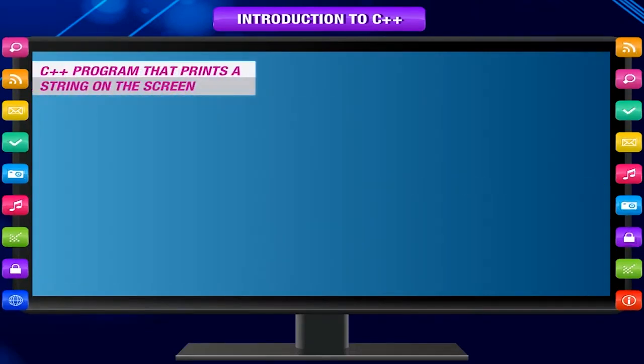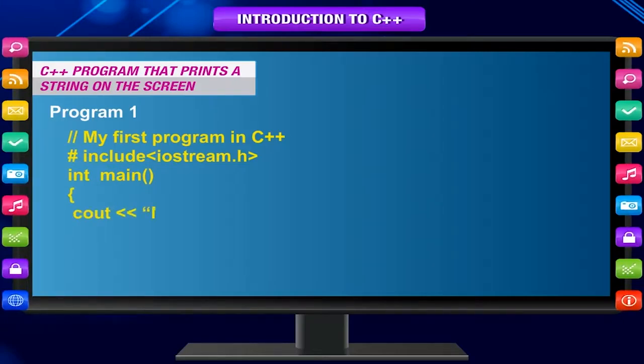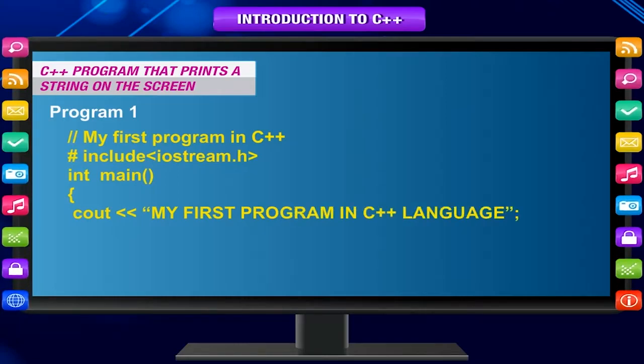C++ program that prints a string on the screen. Program 1. // My first program in C++. #include <iostream.h>. int main() { cout << "My first program in C++ language"; return 0; }